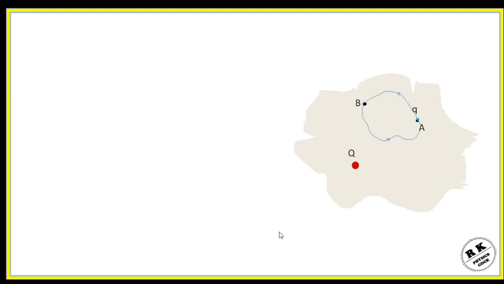As a result it forms a closed loop. Initially it moved from point A to B, then from point B to A, coming back to its initial position. Now let us calculate the work done in this case.